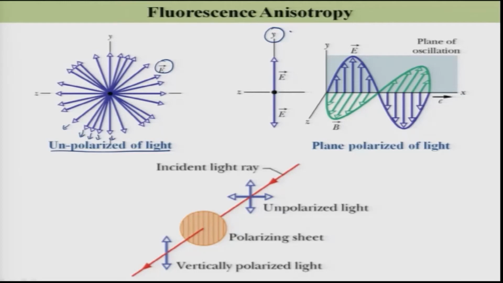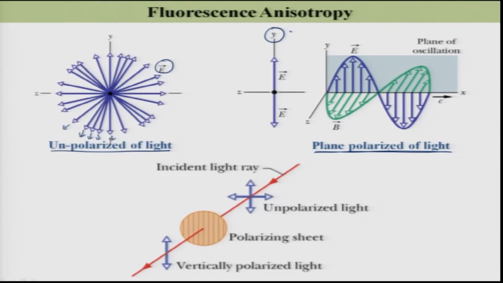So, the electric field is only oscillating along this xy plane, but not along any other plane. This is called plane polarized light, a special type of light different from normal light. Normal light is unpolarized light, and this is plane polarized light,